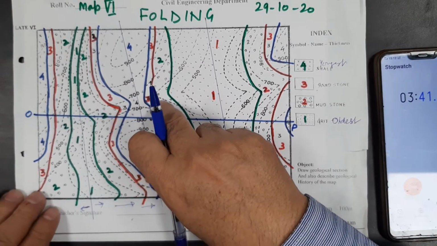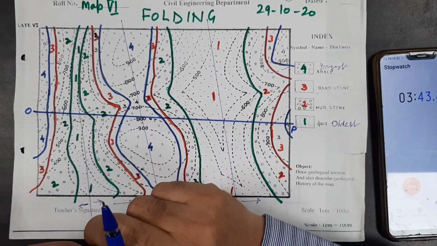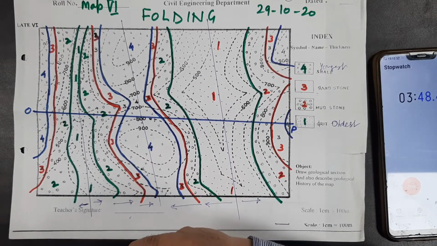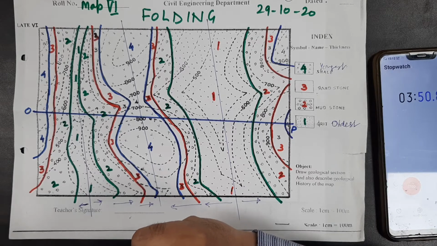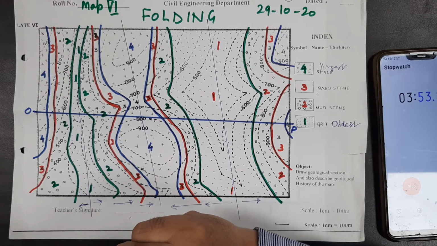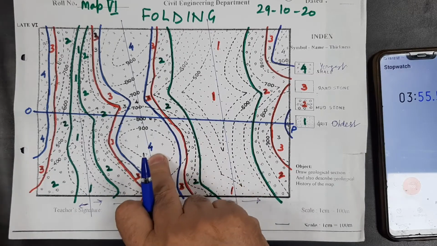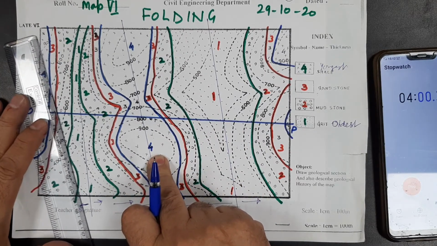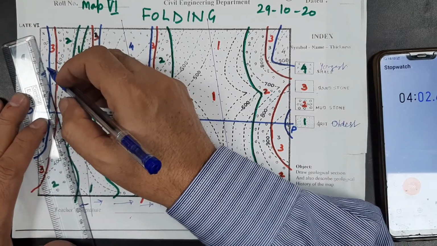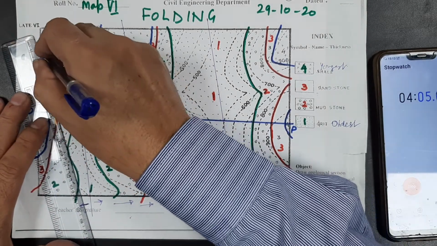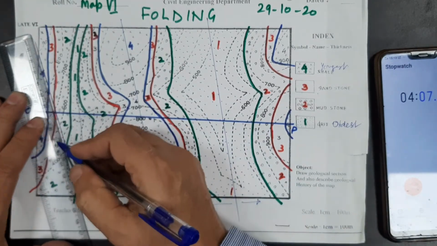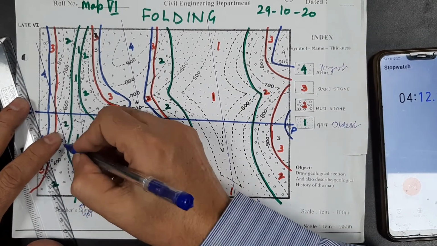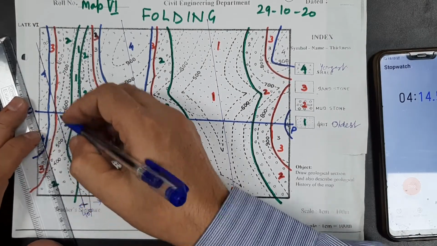Now here, for example, to draw a strike line, we try to find a contact on which a contour cuts this contact twice. We may get only a few places which are ideal for drawing a strike line. For example, here I am getting a strike line of 400 on this green contact. This is a strike line of 400 for this contact. It is cutting thrice. I have joined all these lines.